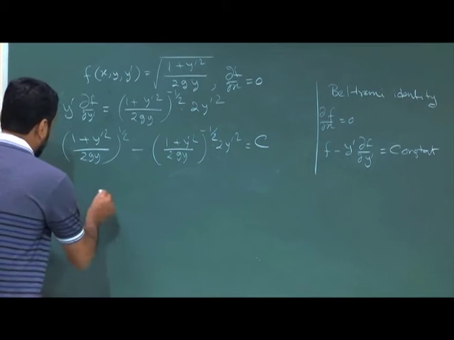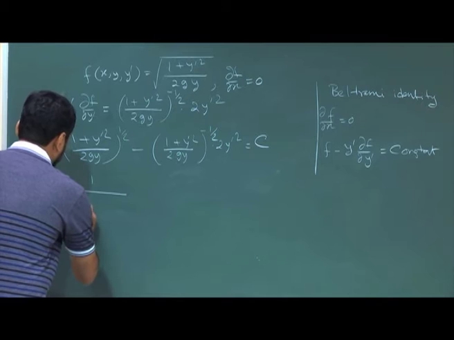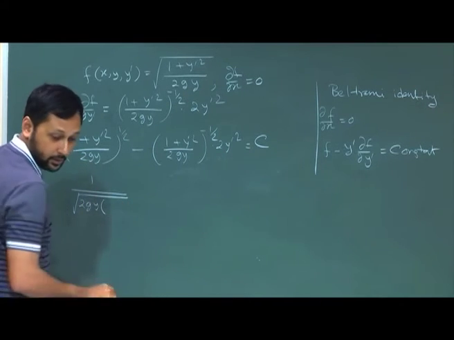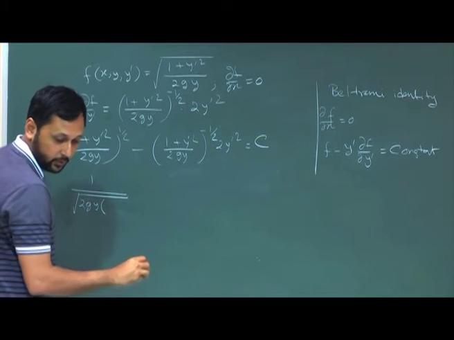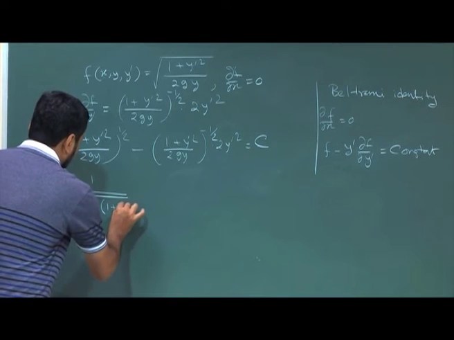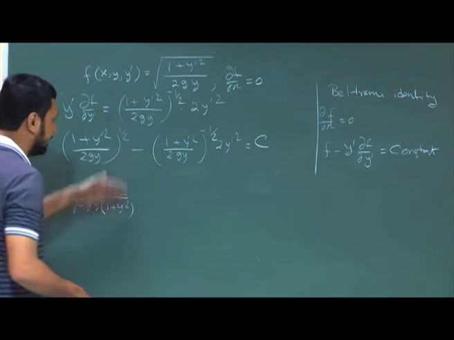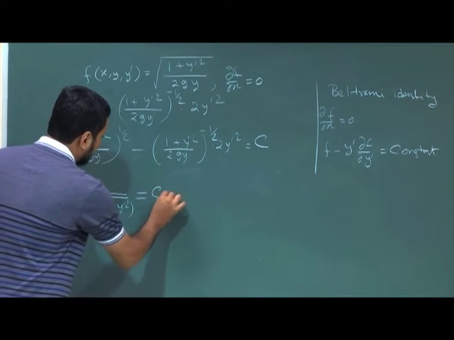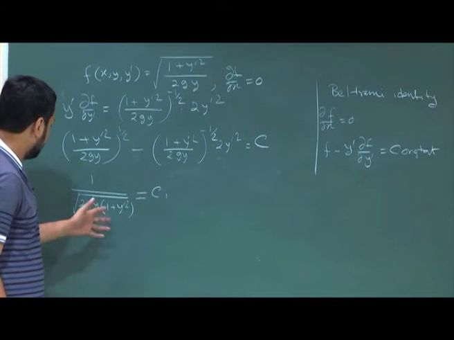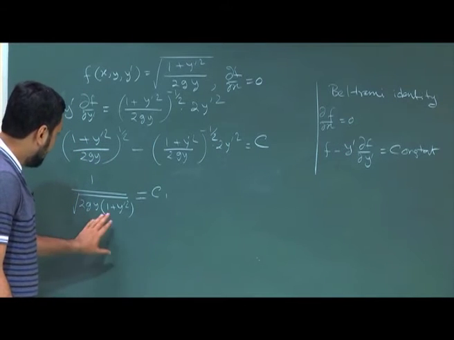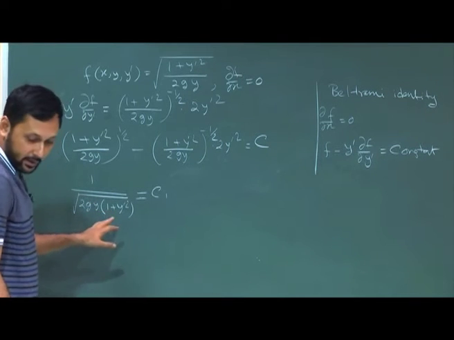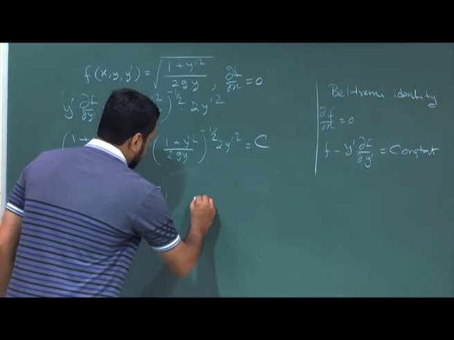So, finally, we will end up in this particular expression, root over 2gy times (1 plus y dash squared), it is basically 2 steps of algebraic calculation, equal to some constant C1. Okay. So, we can do that, and from here we can slightly modify this once again, and we can write this final expression as,